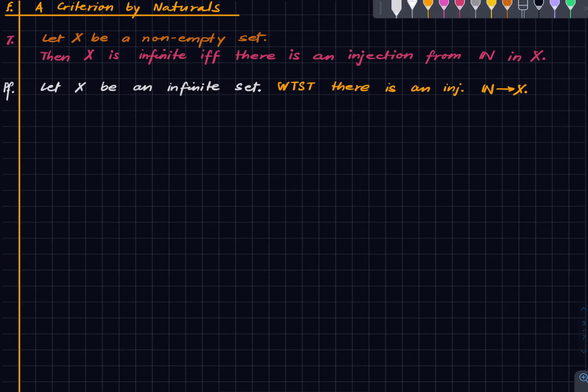So since X is infinite, first of all, we will just change a little bit of notation. So set X naught is equal to X. And since X naught is infinite, there is some proper subset of X naught and a bijection